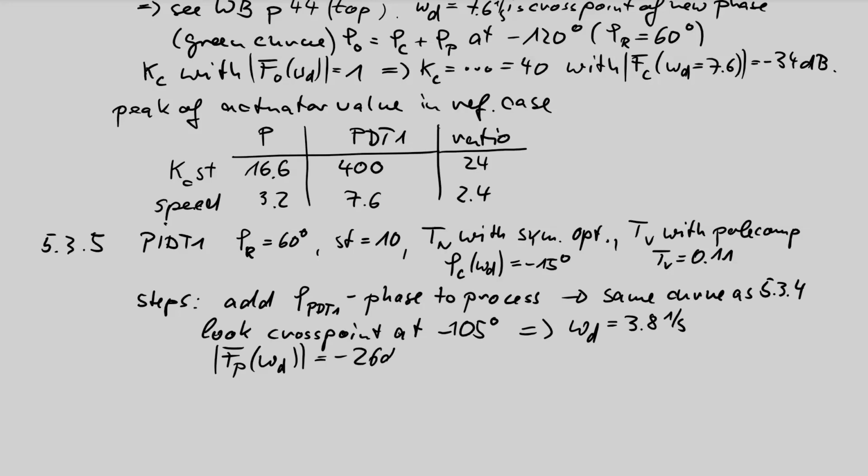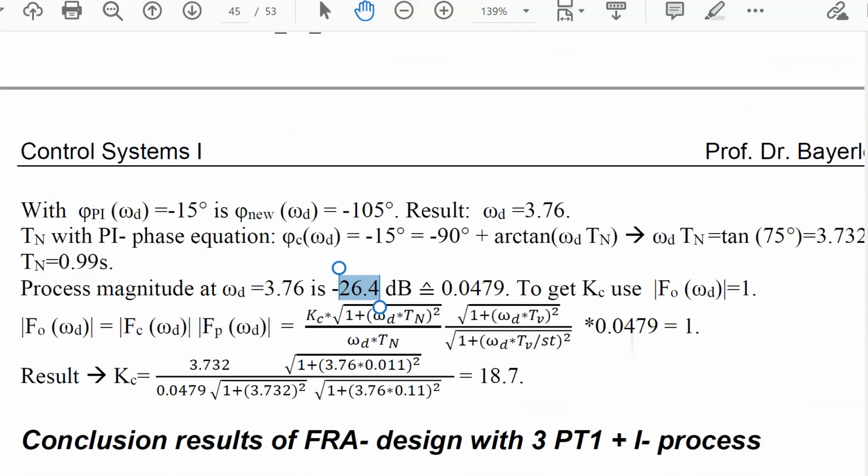Negative 26 dB, and with the same methods this leads to a Kc factor. So the next steps are just unchanged. Kc factor of